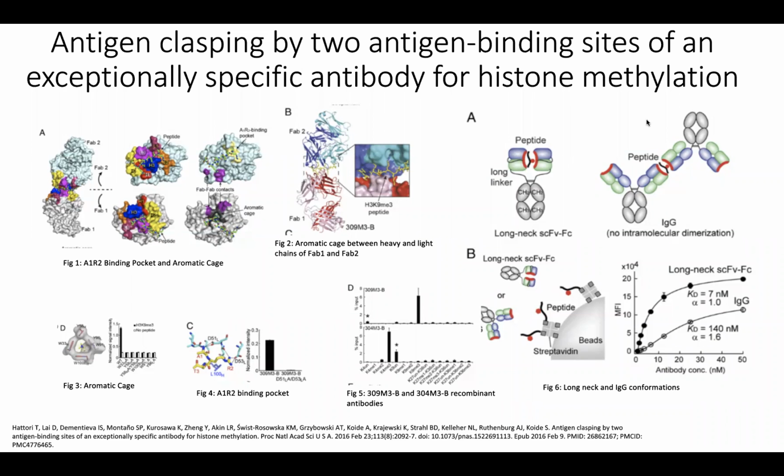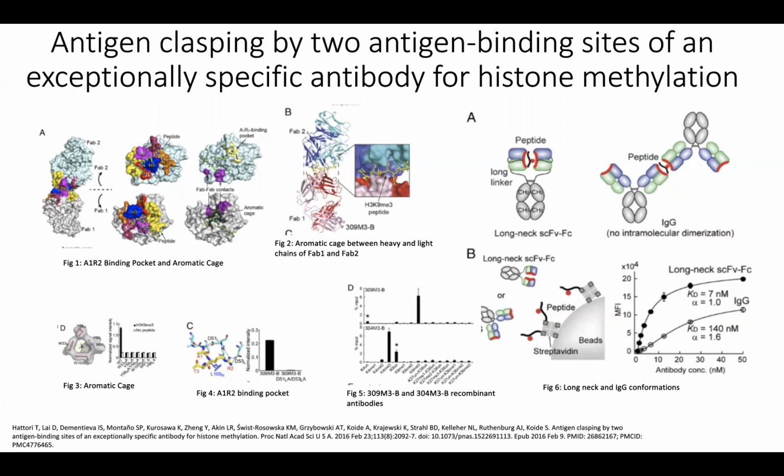This paper explores antigen clasping by two antigen binding sites of an exceptionally specific antibody for histone methylation. So specifically, this paper is looking at the sites H3K9me3 and H3K4me3, and the recombinant antibodies 309M3B and 304M3B,